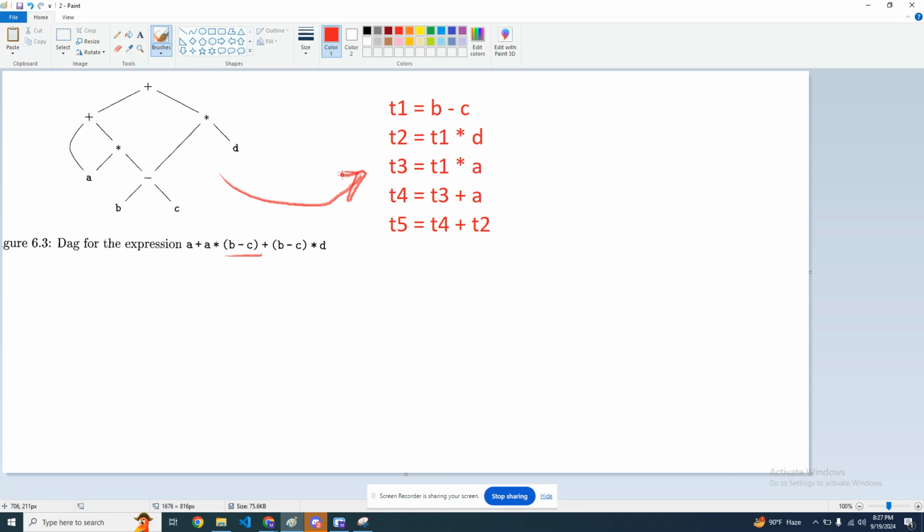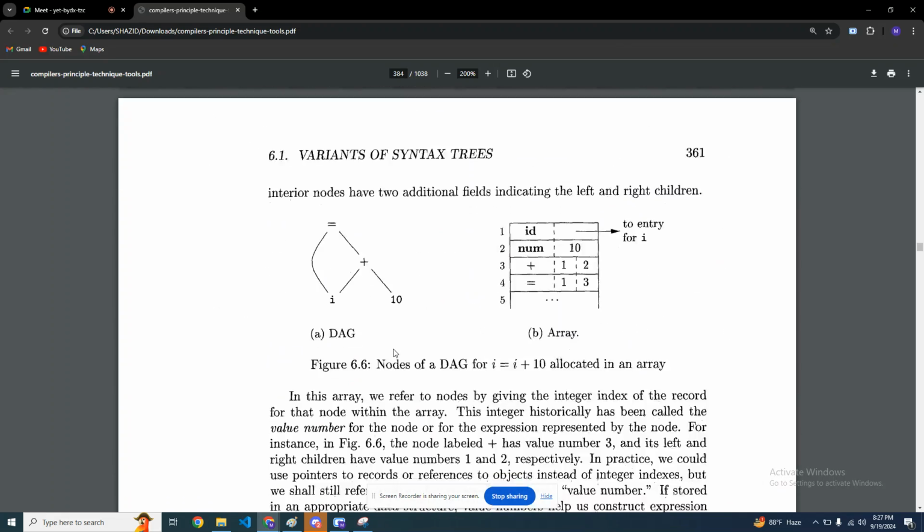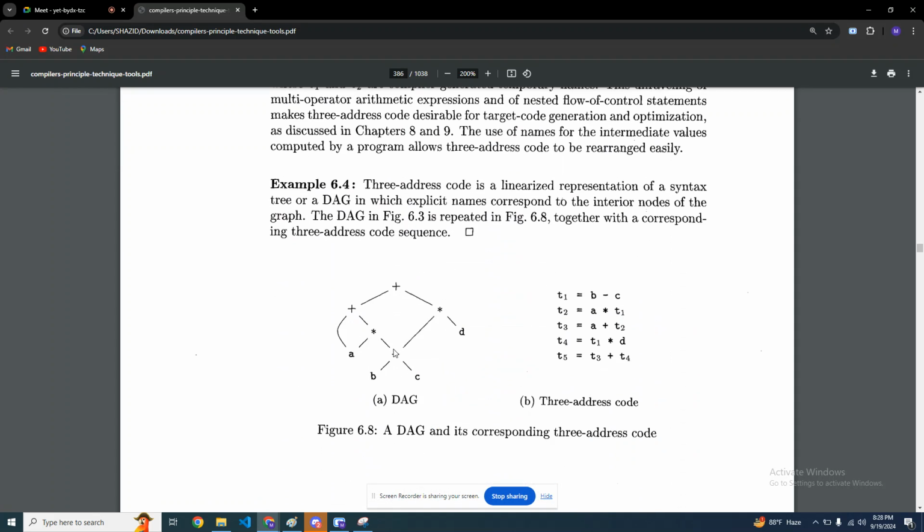Okay. And further, if you remember, the compiler also had a code optimization part, right? So you can further optimize this code as well, right? Okay, so the generated three address code might be different from the book because of the temporary variable names, but it has the same functions. Okay,